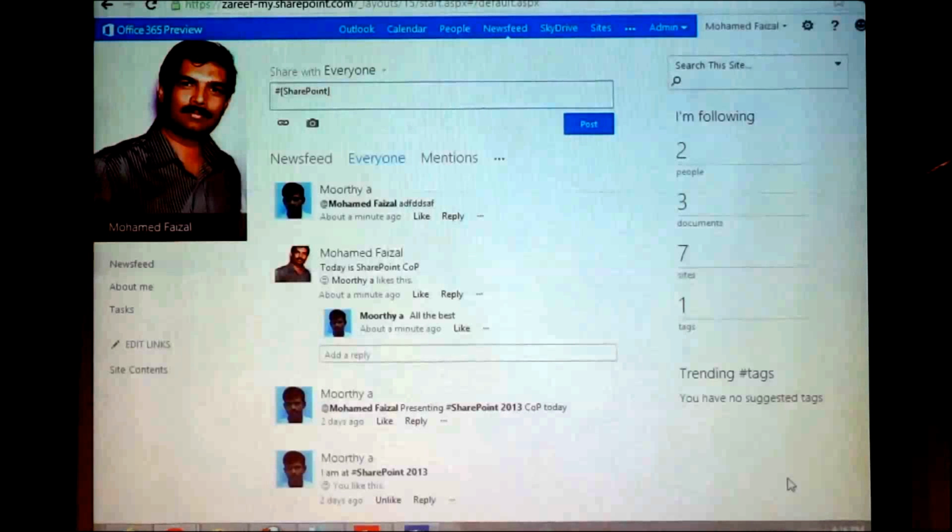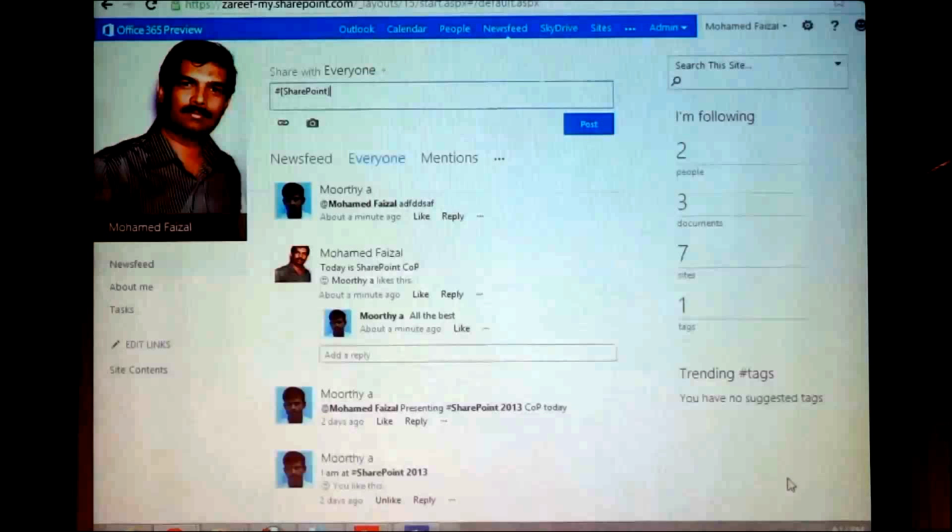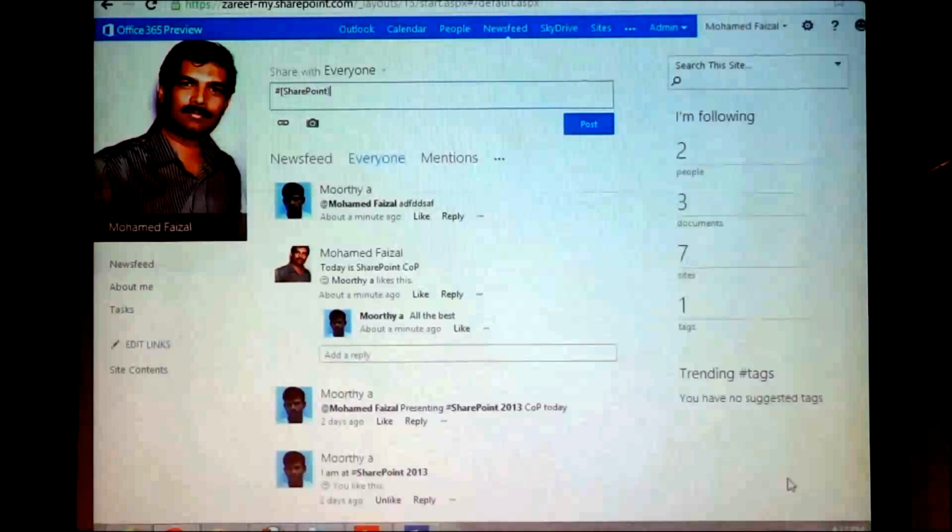I think many of you use social networks and may notice that people are using the hash symbol. Why are they using hash? Because they want to tell the product owner or the people that you are talking about that. If you use hash Windows 8, Windows 8 people will know.